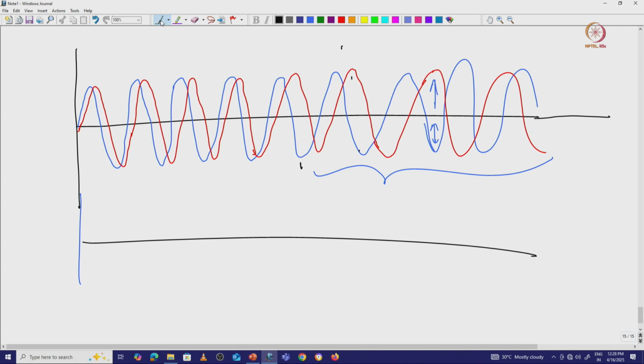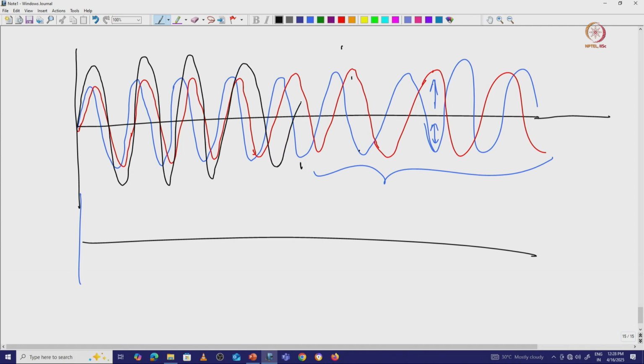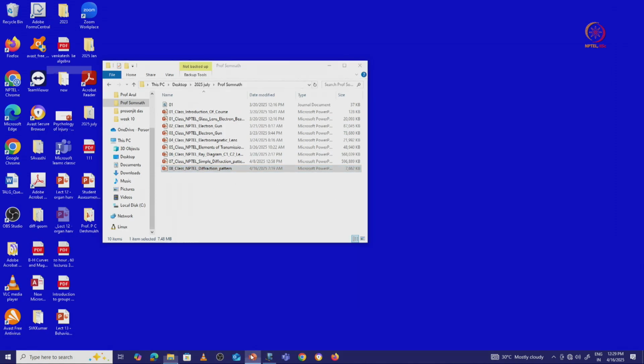If we draw that, this will be bigger, this will also be bigger, then slowly it will go down, here it will be down, here they are completely opposite. So you can see there is a uniform pattern, but it is not continuously uniform, in amplitude it will not be the same all the time. Let us take a look. If you go to the PPT, we can see it in a much better way.